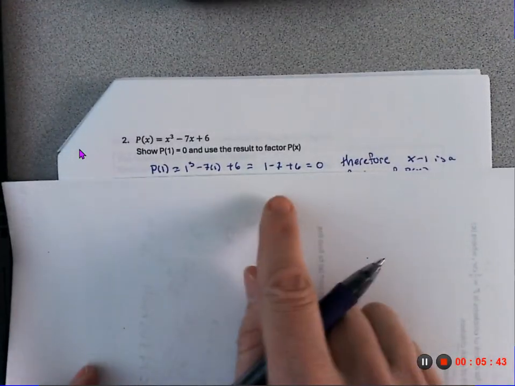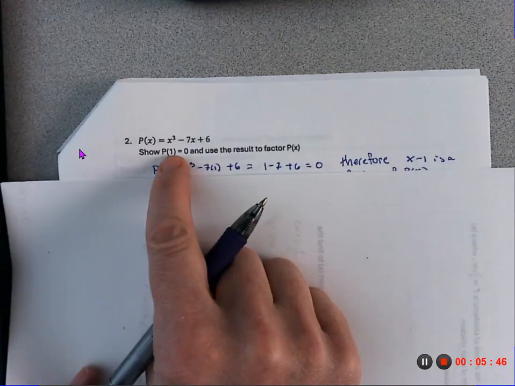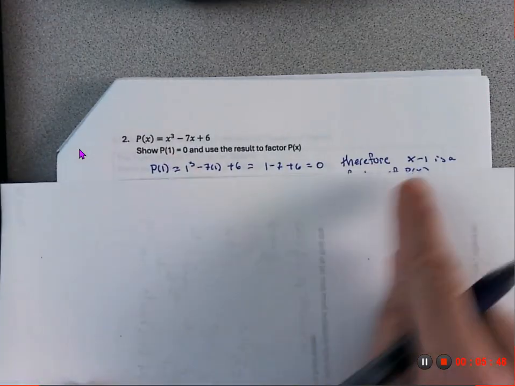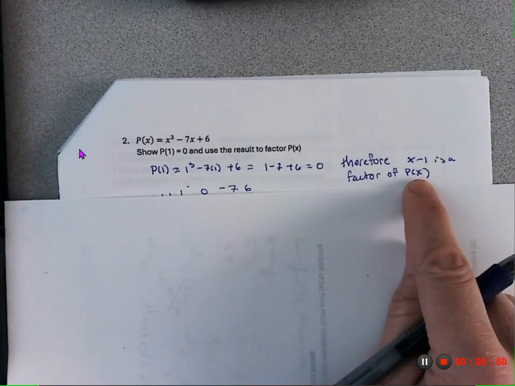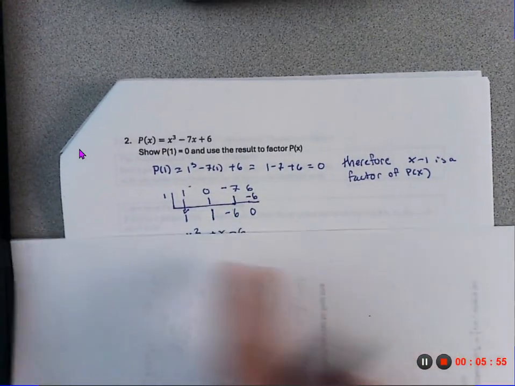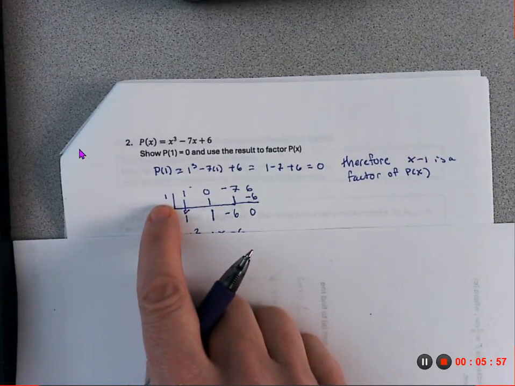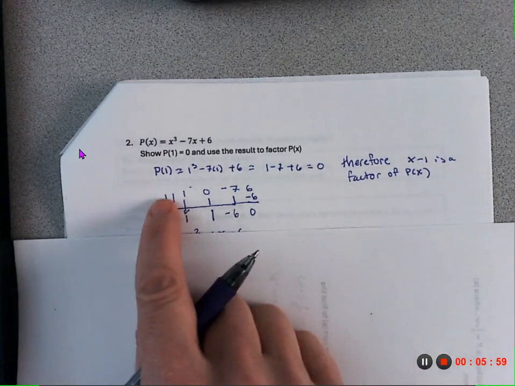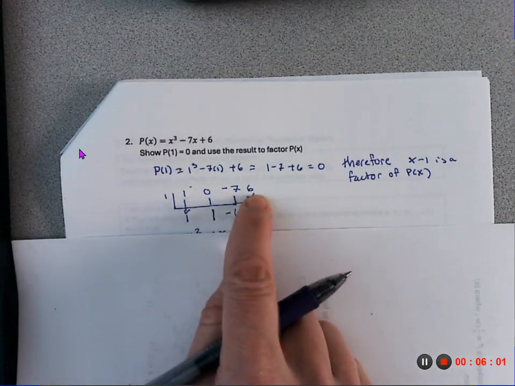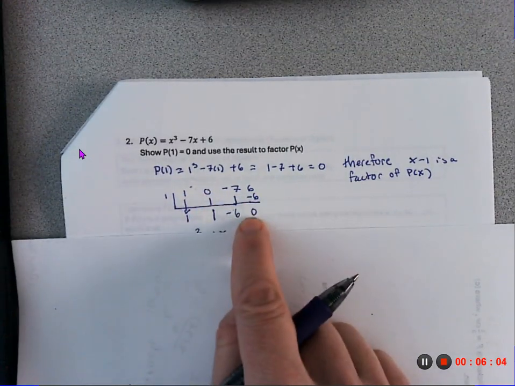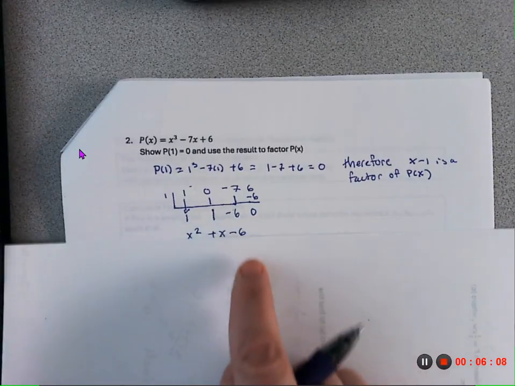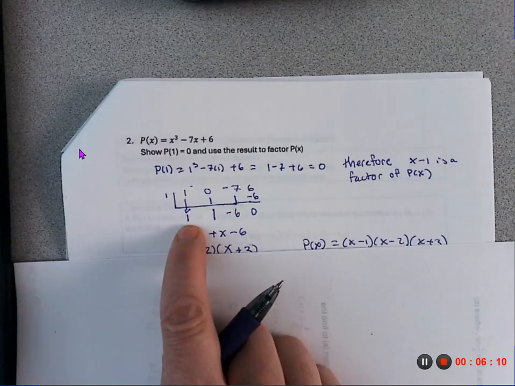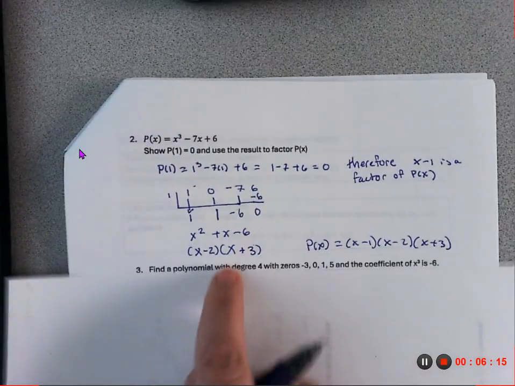That tells us, using the remainder theorem, that x minus 1 is a factor of the polynomial. So now we know that we can factor x minus 1 out. If we do that using synthetic division, the 0 that corresponds is 1, and these are the coefficients of the polynomial. We do synthetic division, the remainder is 0, which means it was a factor, so our process worked. And the result is 1 degree less, so quadratic, x squared plus x minus 6, and then